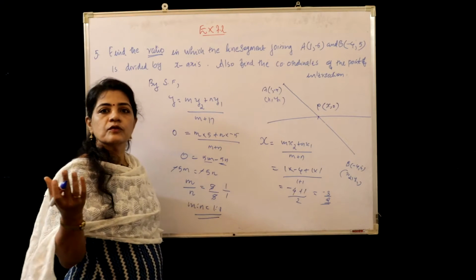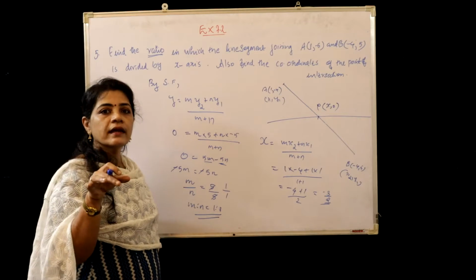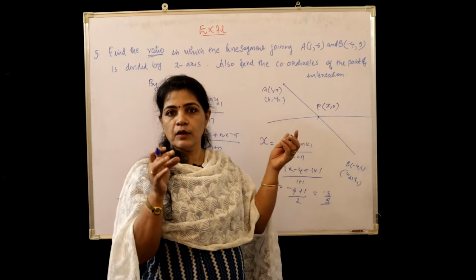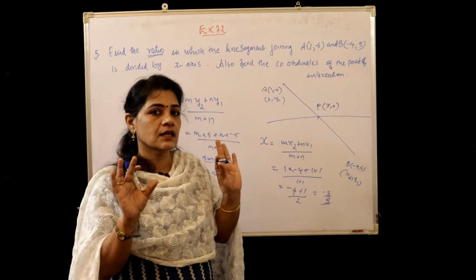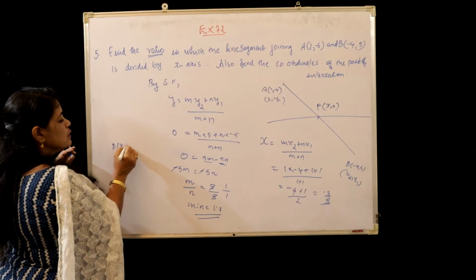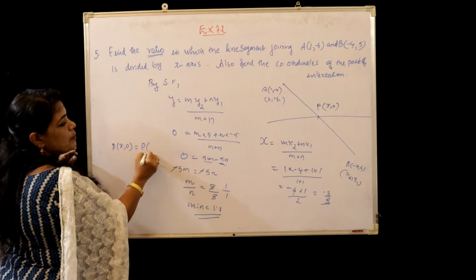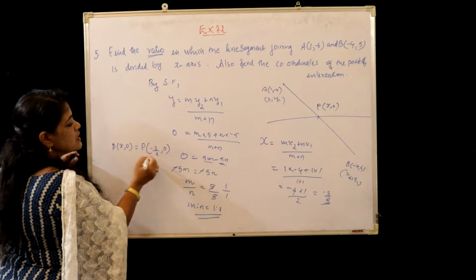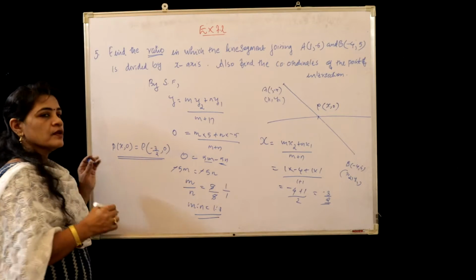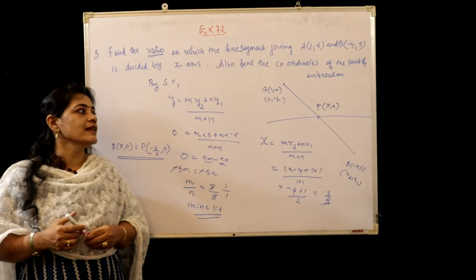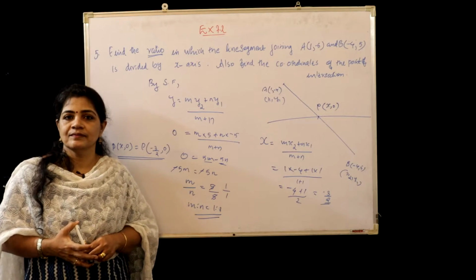So this is enough because we are not applying the y value, because y is already 0, because the point lies on the x-axis. The general formula is x comma 0. So P of x comma 0, the coordinates, is equal to P of minus 3 by 2 for x and 0, no change in the y coordinate. So this is the coordinate of that point which is dividing the line segment joining A and B.